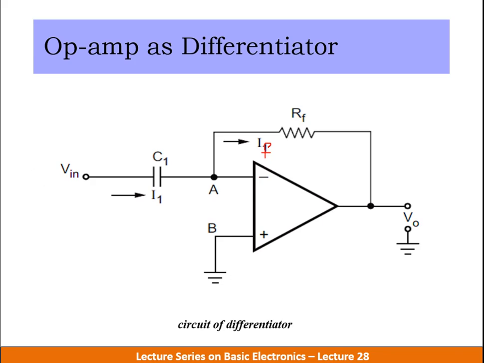For example, if the applied input voltage Vin is a low frequency input signal, then since frequency is inversely proportional to the reactance of the capacitor, the reactance of the capacitor is obviously large. Hence the signal would get less amplified, producing less gain, or a low output voltage. Suppose a high frequency input signal is applied at the input terminal.